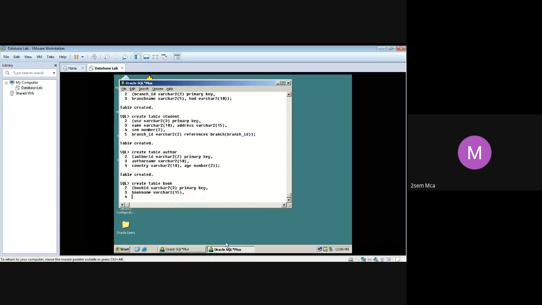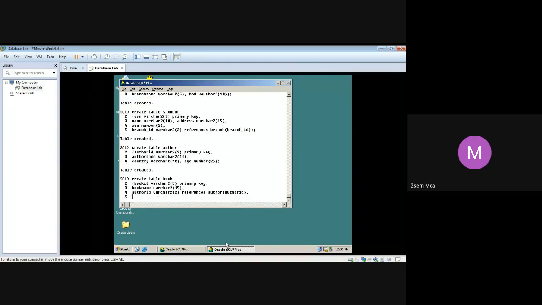Then author ID. Author ID here is a foreign key, right? So I give author ID with whatever data type and size you have given in the author table, give the same thing here. Author ID varchar2 of 2. Now this is a foreign key. So which table does it reference? References author of author ID. All right. That's how you represent a foreign key.